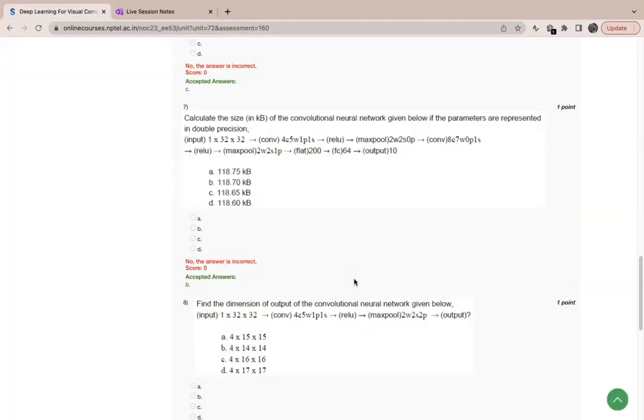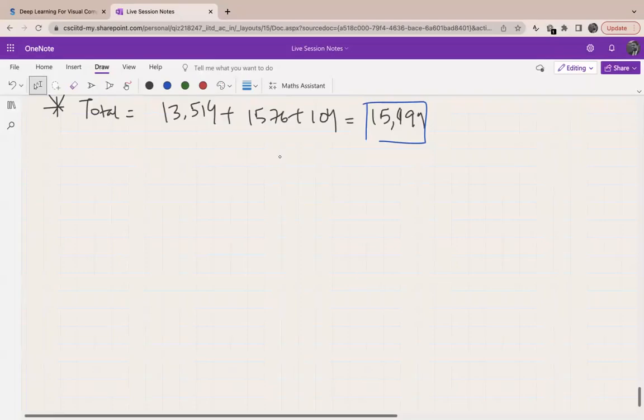Okay. Coming to question number 7. Calculate the size in KB of the convolutional neural network given below if the parameters are represented in double precision. And yeah, so in the last question, we saw that the parameters were represented in single precision. Now we have